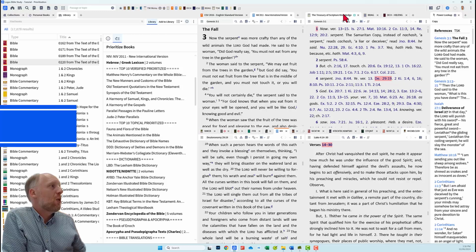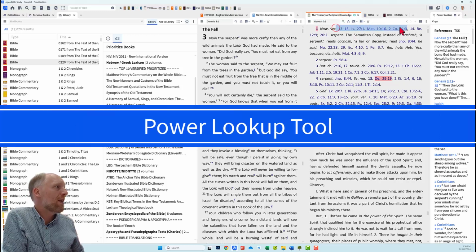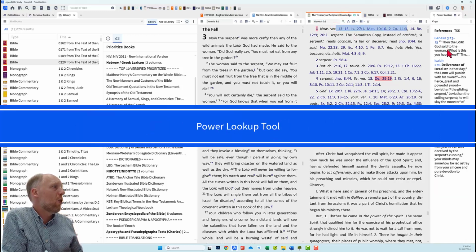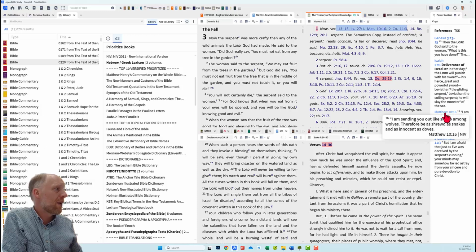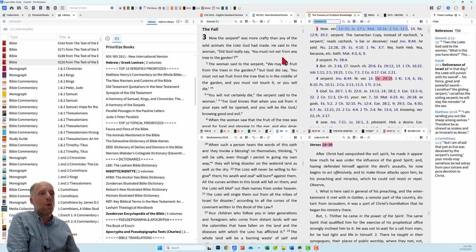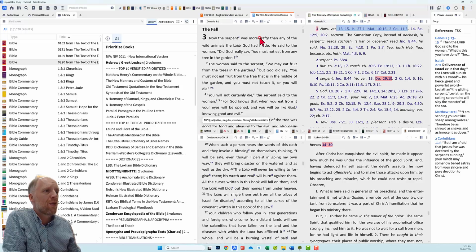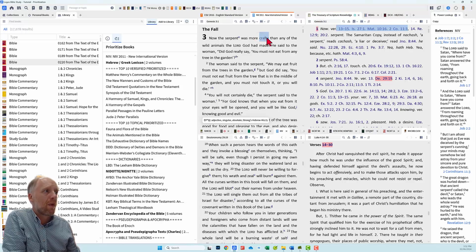And as you look at the Power Lookup tool on the right side, you see that all references in there are also taken from the NIV. So far, so good. But now I want to go a little bit more in depth by looking up what the underlying Hebrew word is for crafty, here in verse 1. And I want Logos to immediately open not a random dictionary or lexicon, but my preferred Hebrew lexicon,